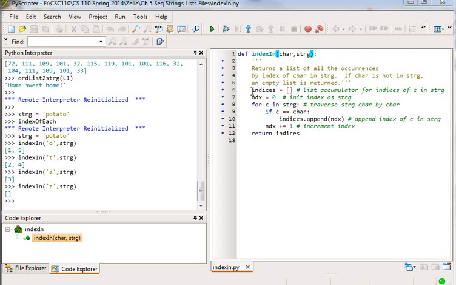So essentially, what I did here is I used indices, an empty list, as an accumulator into which I put the indices that match. I initialize the index to 0, and then I traverse the strg, the string, character by character, and I do it with a for loop, for c in strg. Then there's a simple Boolean condition. As I traverse the loop, if c is equal to